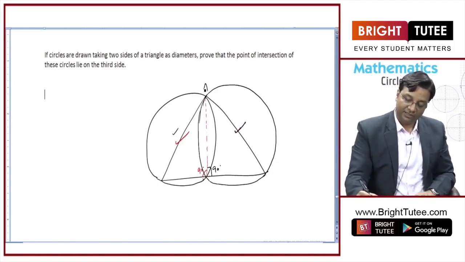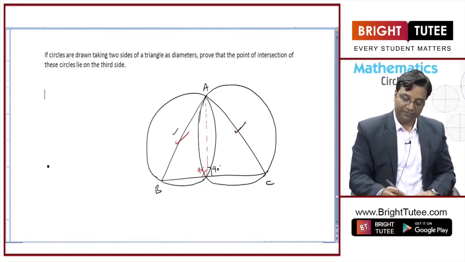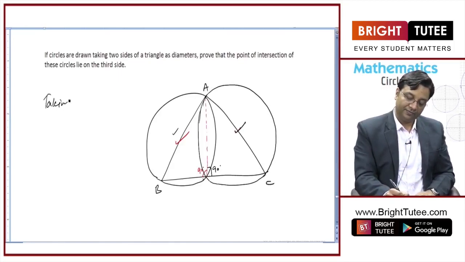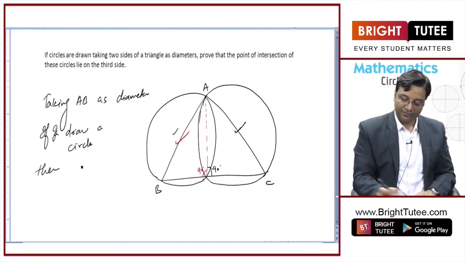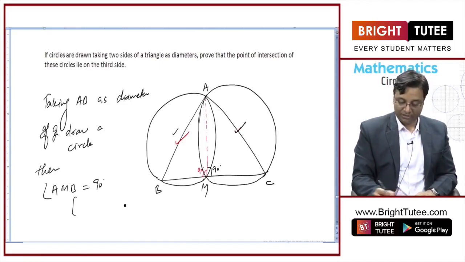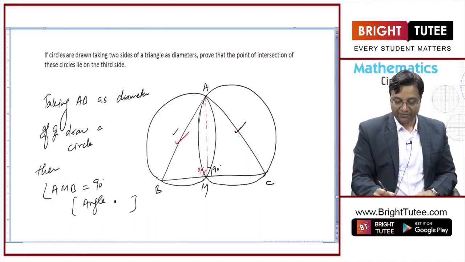Now, what I mean is, if this is triangle ABC, taking AB as diameter, if I draw a circle, then angle AMB will be a right angle, because angle in a semicircle,